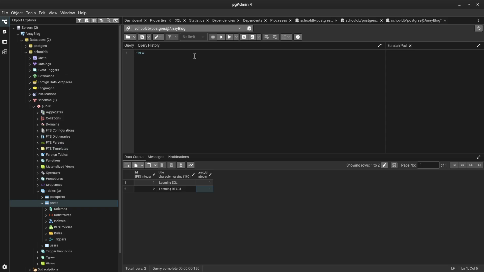So we'll say CREATE TABLE post, and then we can say id SERIAL PRIMARY KEY, title, that is going to be VARCHAR(255), and then we'll say user_id INT REFERENCES users(id), and then you write ON DELETE CASCADE, right? So what happens now,